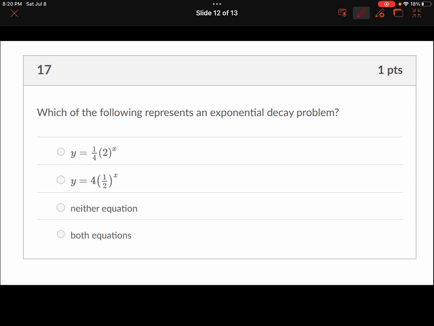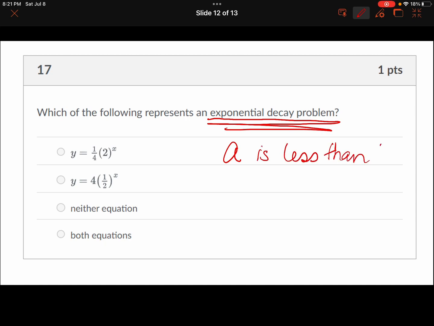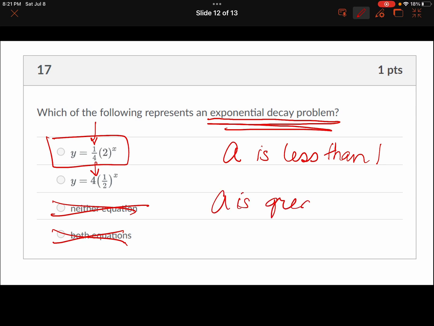So, which of the following represents exponential decay? So one of the other things is the exponential decay and exponential growth. Those are topics that are in there. An exponential decay is when the a value is less than 1. So when I look at these options, I have the a value here, whatever's in front. 1/4 or 4. Can't be neither of them. Definitely can't be both. Less than 1 is decay, which probably means that if A is greater than 1,